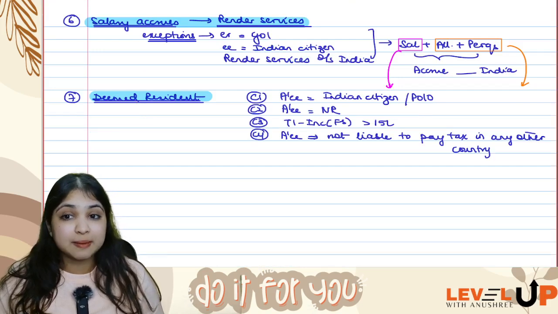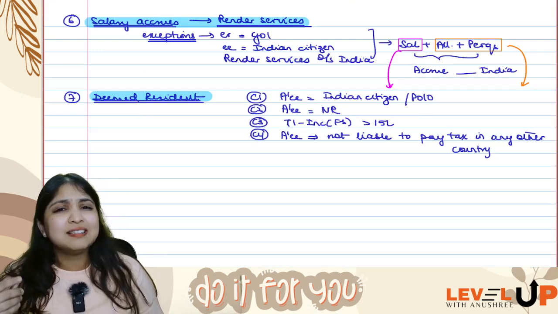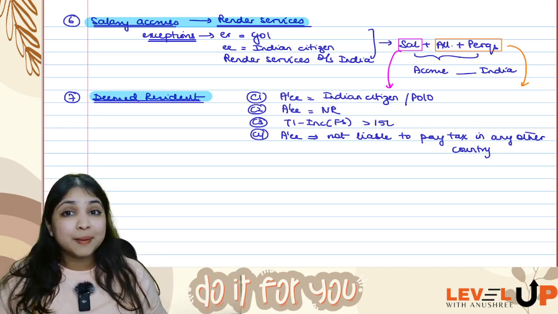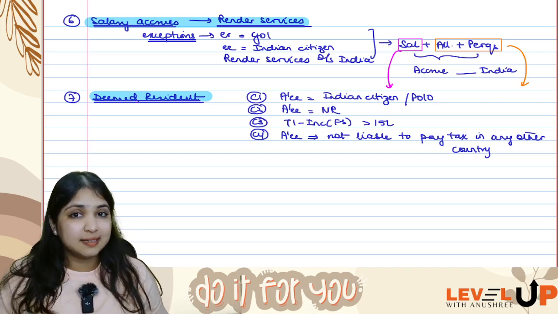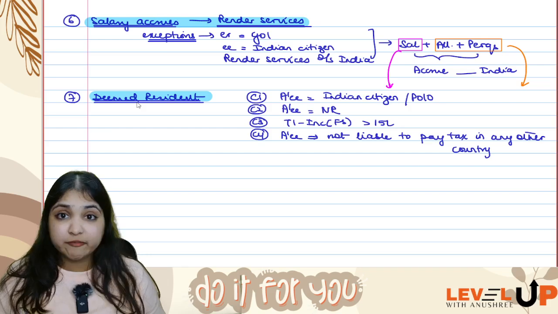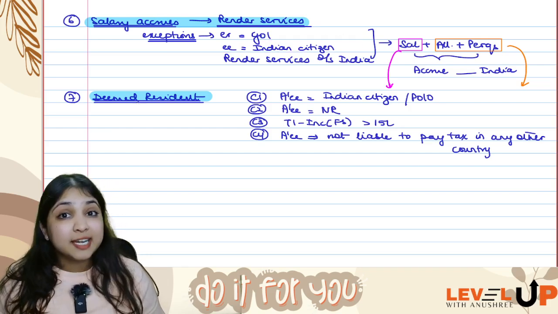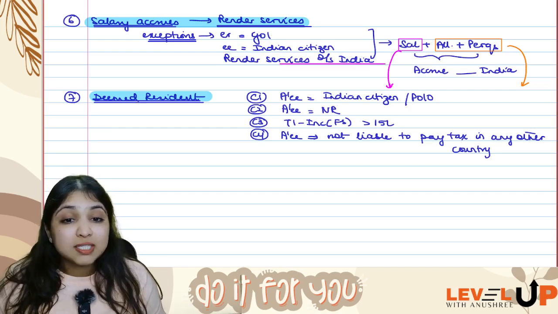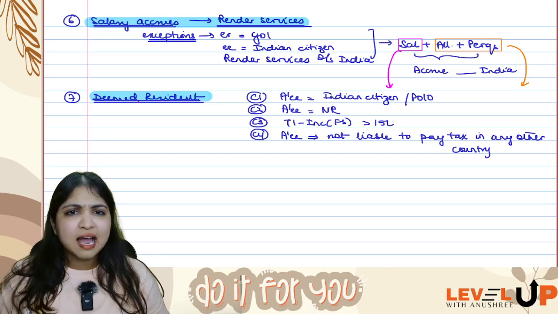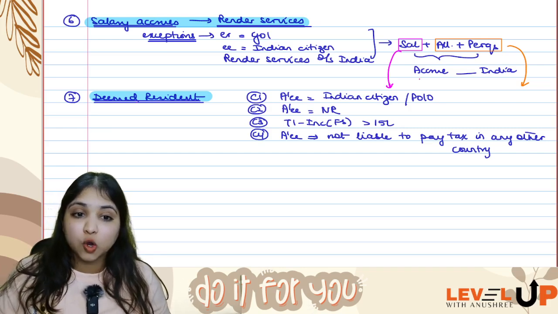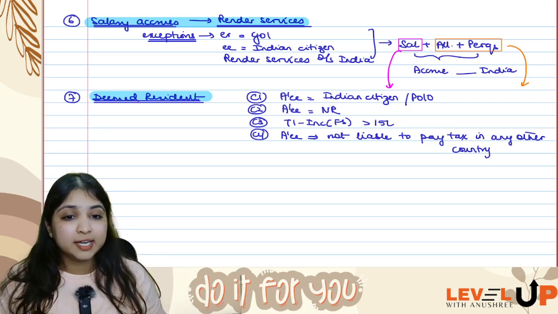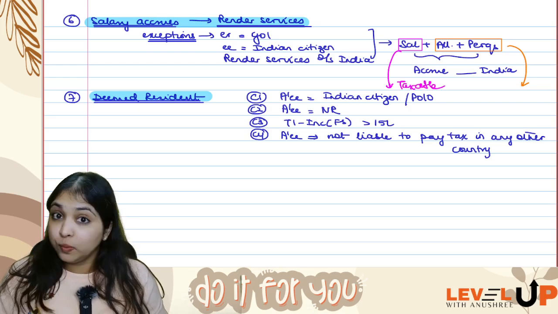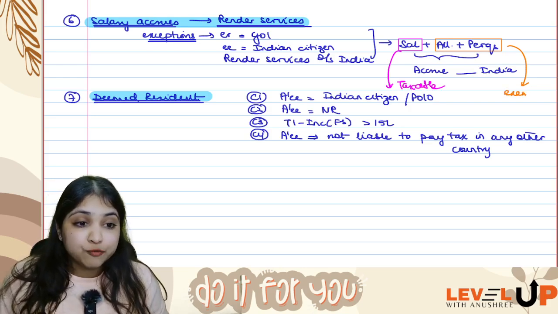Then coming to the 6th concept, if your assessee is earning any salary, where has the salary accrued? It always depends upon the place where you render services, but there is an exception. If the employer is Government of India, if the employee happens to be an Indian citizen, even though he is rendering services outside India, still salary, allowances, perquisites, everything will accrue in India. After accruing in India, the salary is going to be taxable. But after accruing in India, the allowances and perquisites will be fully exempt.